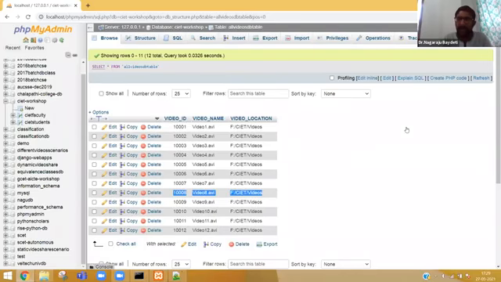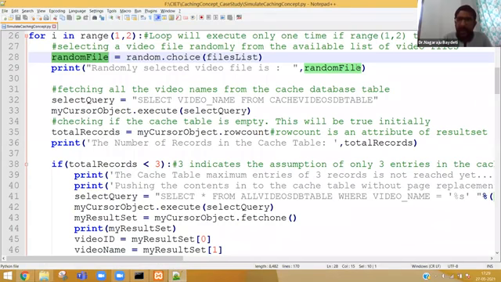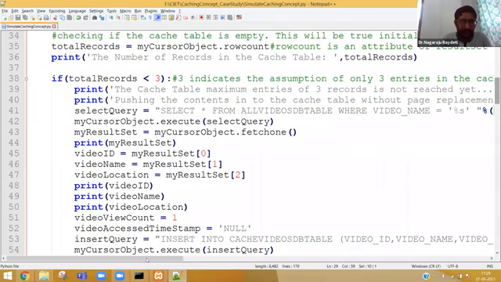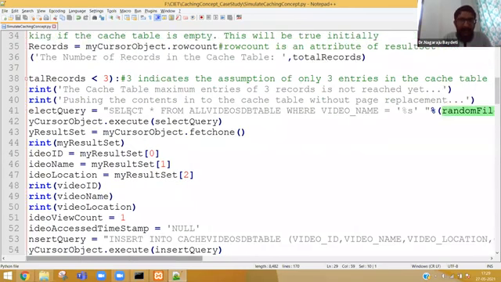So for that, what I am going to do here is, random file will have the actual video name. So everybody please see here, select star from all videos DB table. What is star? Star means everything. What is there in the all videos DB table? Video ID, video name, location. I don't want all the records.